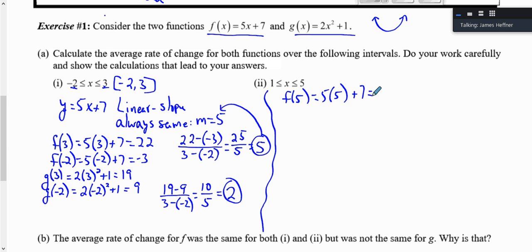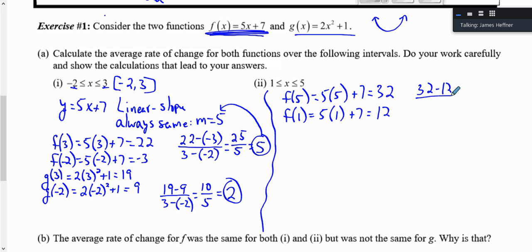25 plus 7 is? Good, 32. Okay. Now let's do f of 1. 5 times 1 plus 7, which is? Mr. Hefner, where are you getting the 7? Oh, from up here, that's our function. Oh, okay, I see. Yep, I'm just plugging in those two x values so I can put it in the rate of change formula, okay? All right, so the rate of change would be 32 minus 12